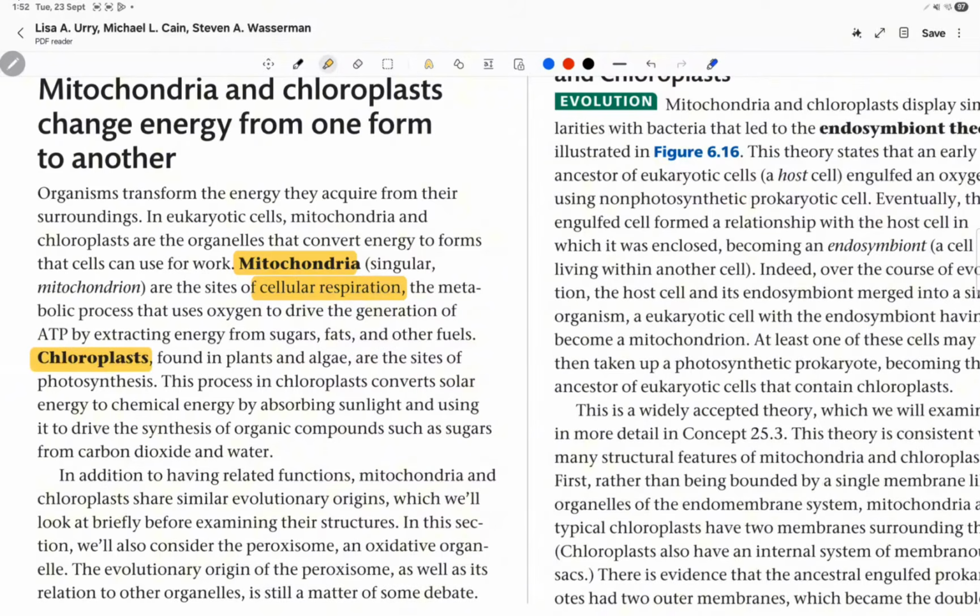Chloroplasts are also important to make sugars. They make sugar for the plant, they make sugar for the algae, and of course humans are also going to be able to use that sugar. Humans, animals, right? Very good. Now,